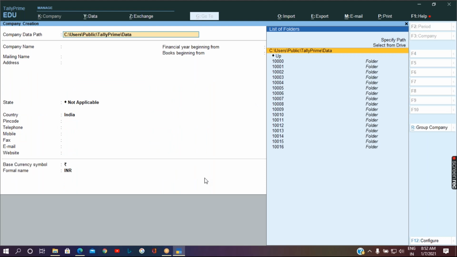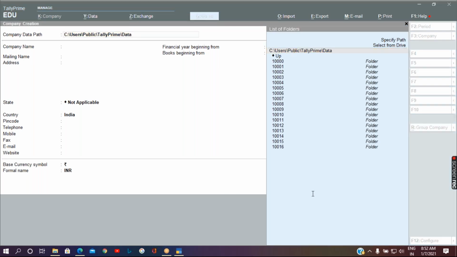What is the shortcut key to go back to the previous screen or to come out of the screen? Please make a note of important shortcut keys.